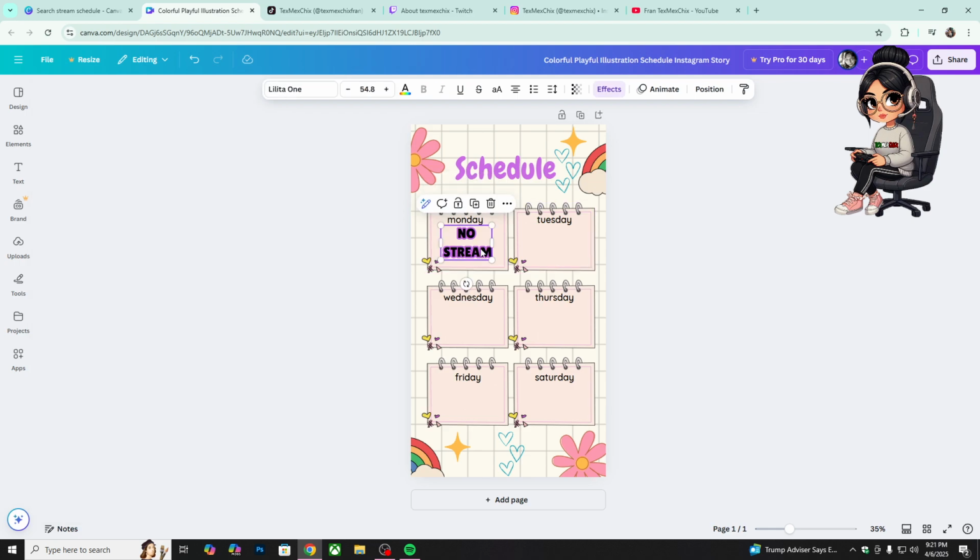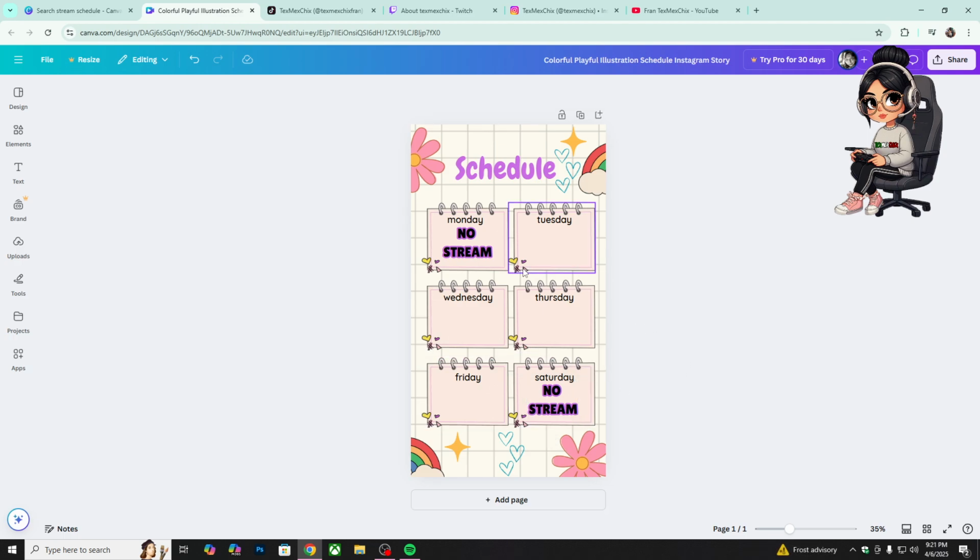And then since I've already made that one, I'm going to duplicate it on the days that I'm not going to stream. Of course, I'm lining it up again just to center everything. And then, so I have my 2 days that I'm not going to stream,